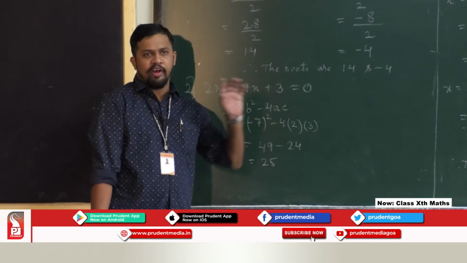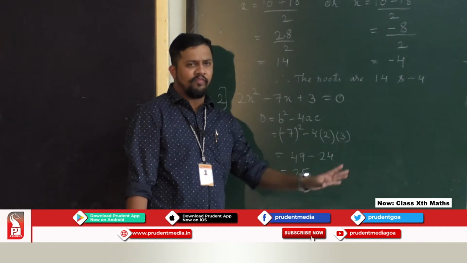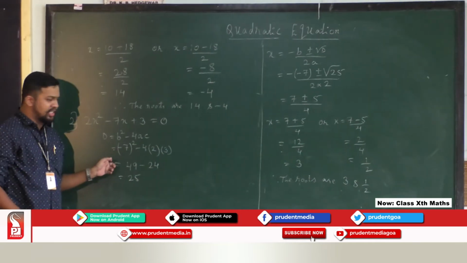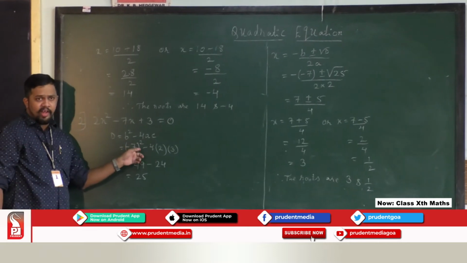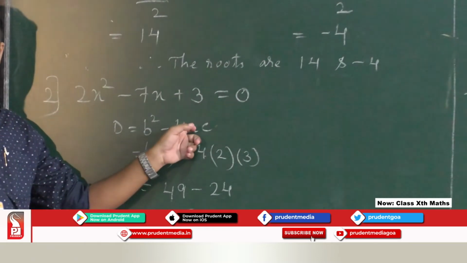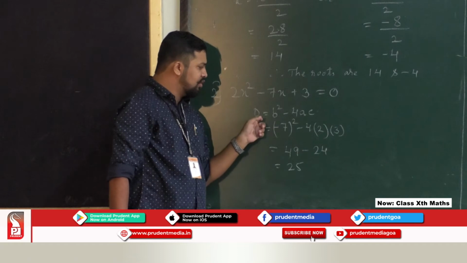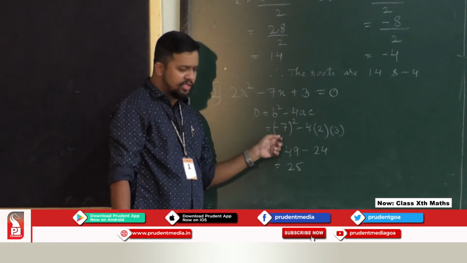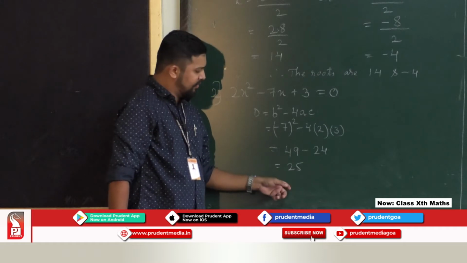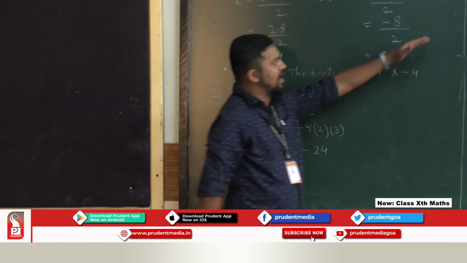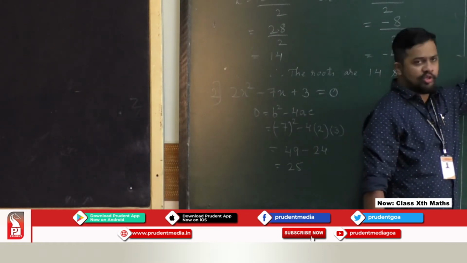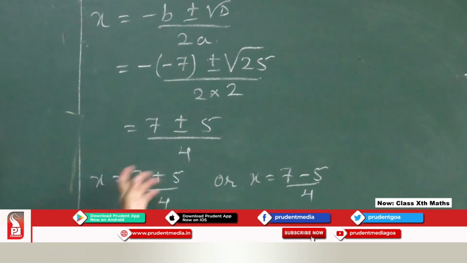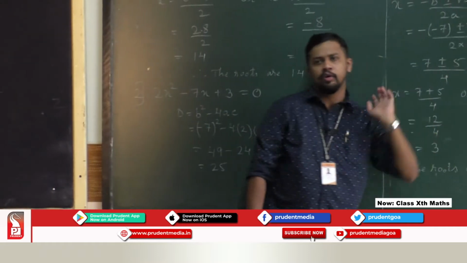Hope you are clear with this quadratic formula. Now, I'll put two problems for you to solve as homework, and then we'll move further to the next part of the topic. Again, just to explain back to you here, what we did is we identified what is our A, B, C term. We use the discriminant formula first, that is B square minus 4AC. Substitute these values, you will get the answer for whatever D you are getting. Use the formula now, x equals minus B plus or minus root D upon 2A. Substitute this value. Since this is positive and negative, break it, and you will finally get the roots.